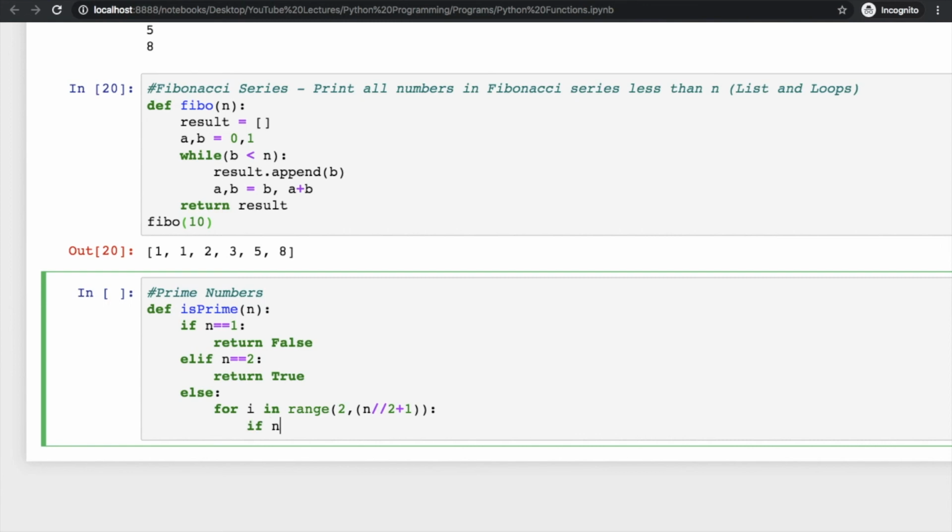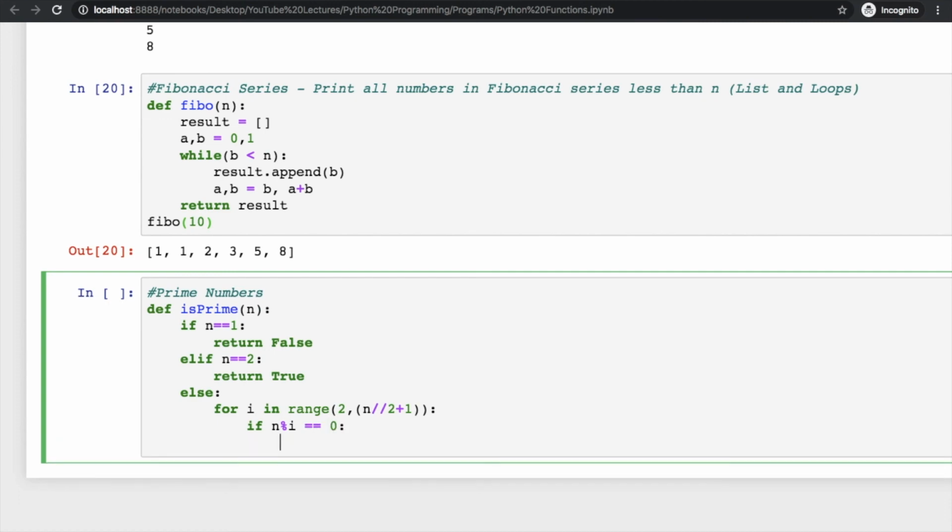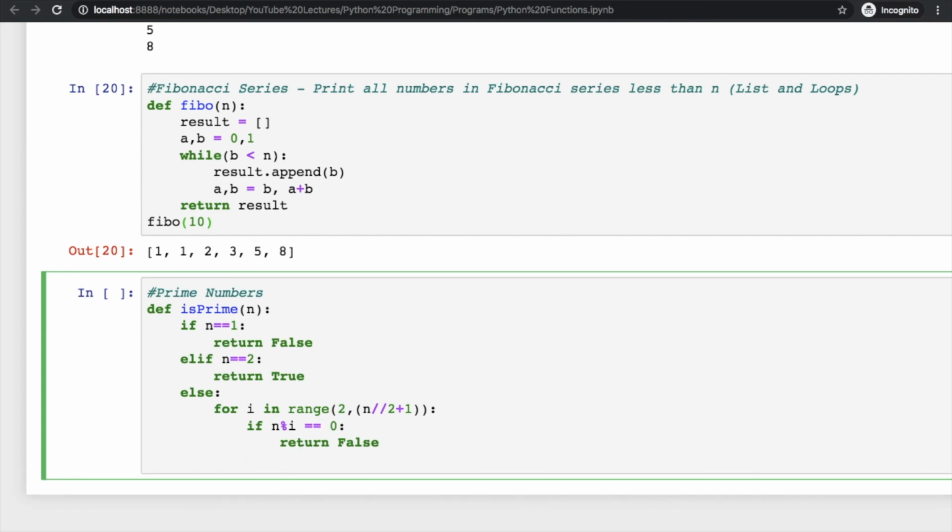So what we have to check is whether the number is divisible by i or not. If the number is completely divisible by i, that means this number is not prime, and we can find that out at this moment only. So return false. We have found that this number is completely divisible by another number. That means this number cannot be prime, because prime has a condition that it can be divided by only two numbers, either 1 or itself, right? So if you are dividing any number completely by any other number, it means surely it is not a prime number, right? And can you write anything in else?